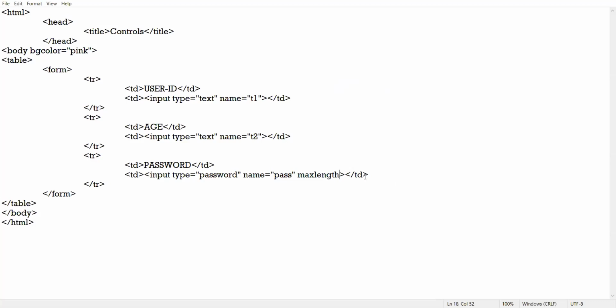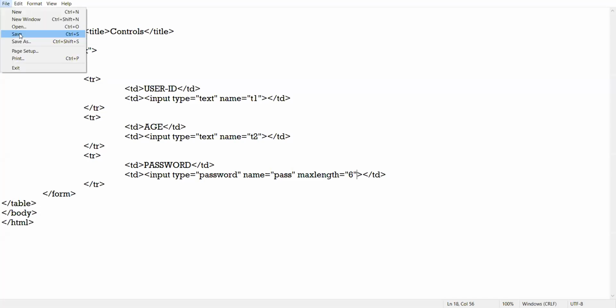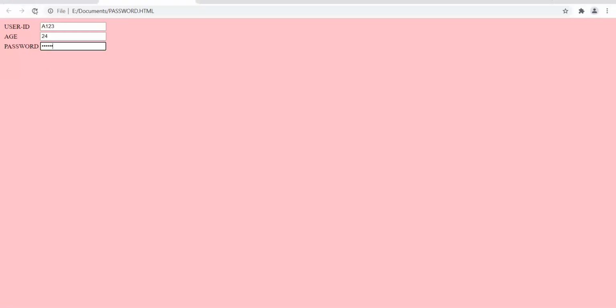Like I am setting here max length equal to 6. I cannot enter a password more than 6 characters. See, I am trying to type the password, I am pressing the keys, but I am not able to type because the maximum limit has reached.